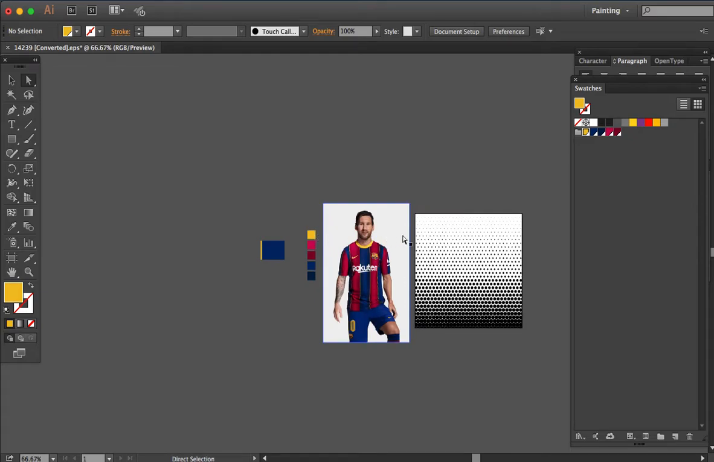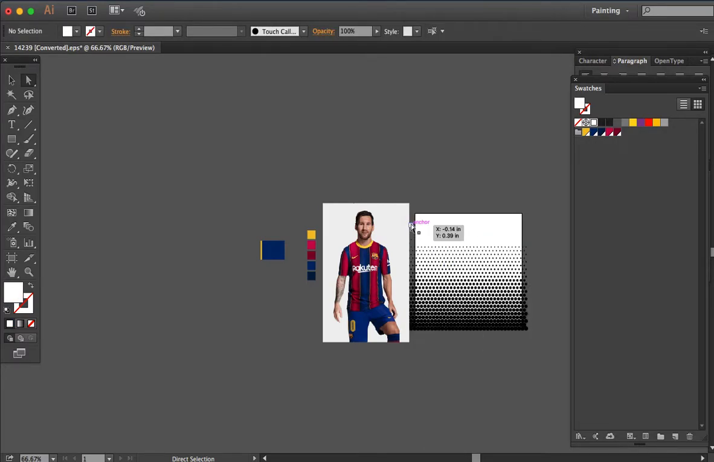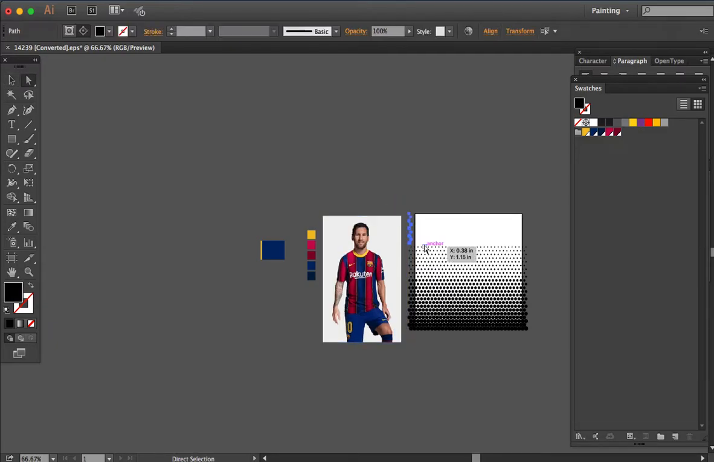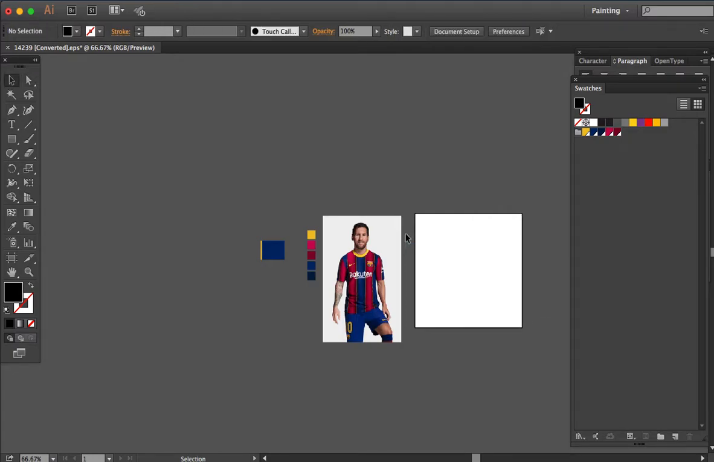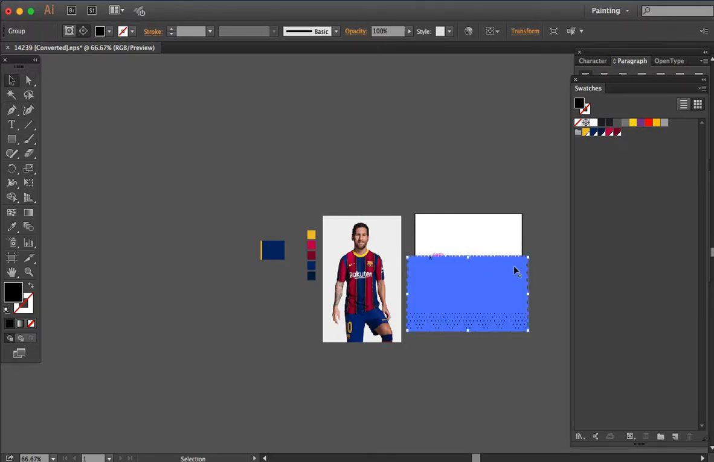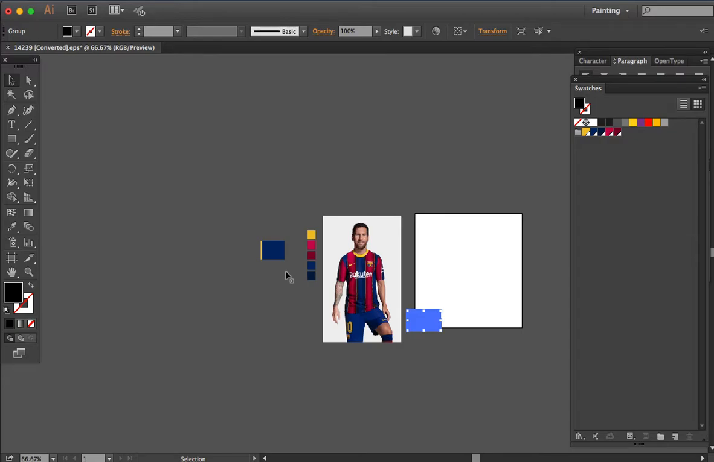with the help of this gradient from freepik.com. So we will just try to reduce the effect here, then maybe up to here. Okay, up to here. Then select all, group, then minimize, adjust the size, then drag here,